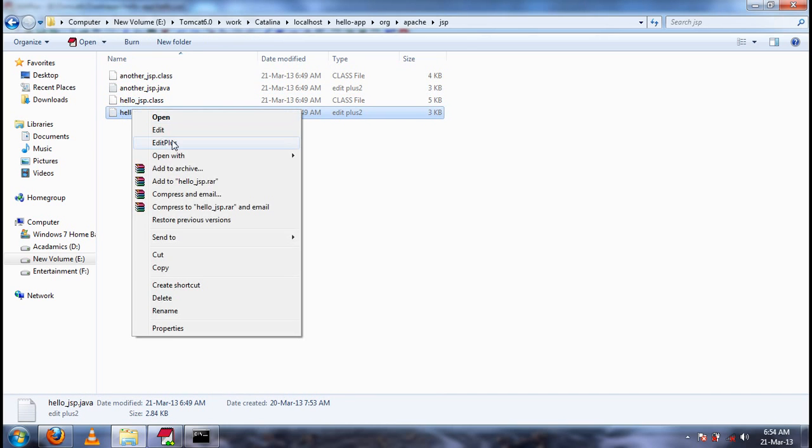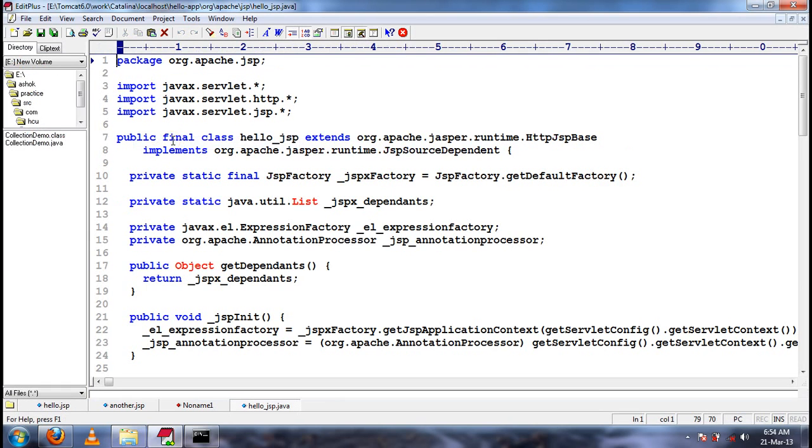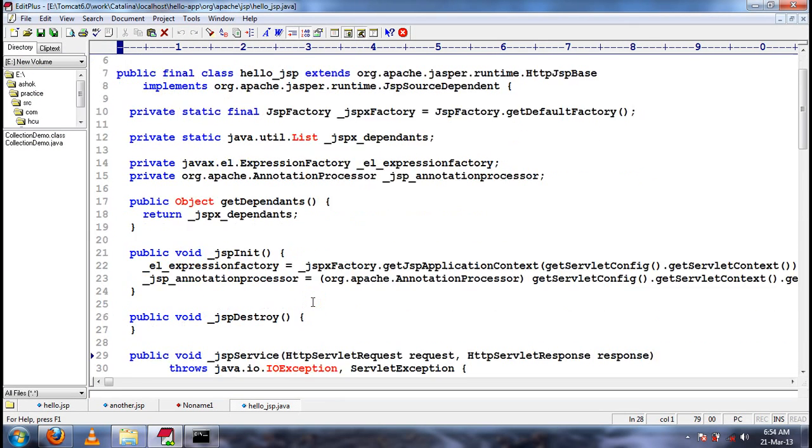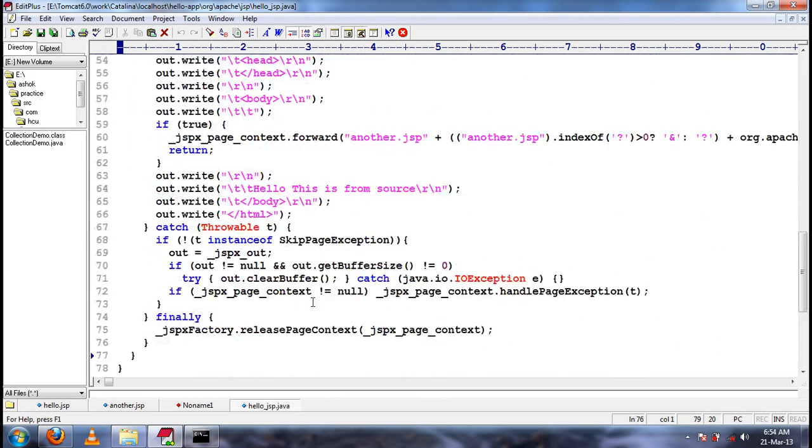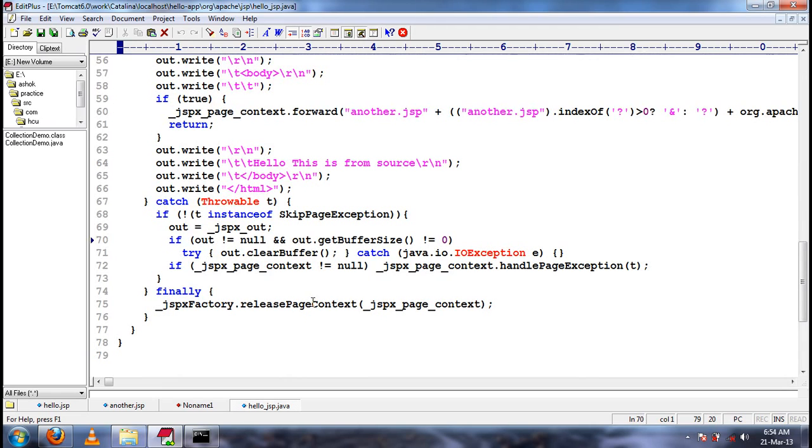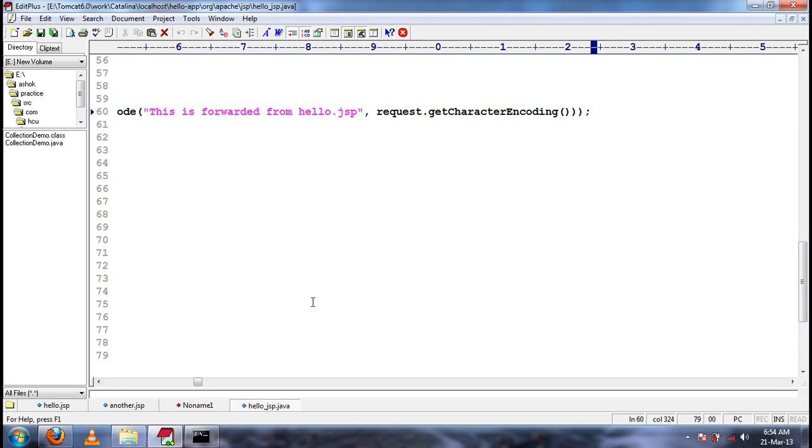So if you see here, page context dot forward of something.